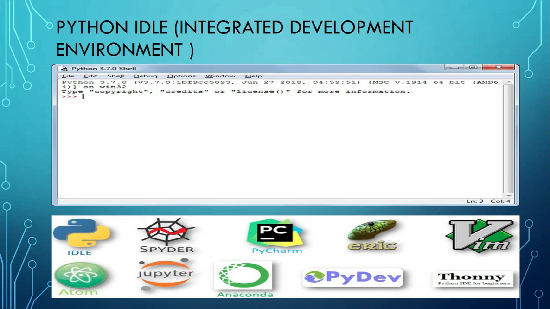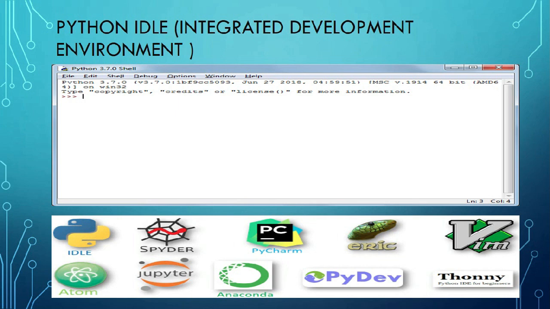And what is Python IDLE? Actually IDLE stands for Integrated Development Environment, and it is just like Python, but it has more options and programs, or it has more keys to use for debugging our programs.